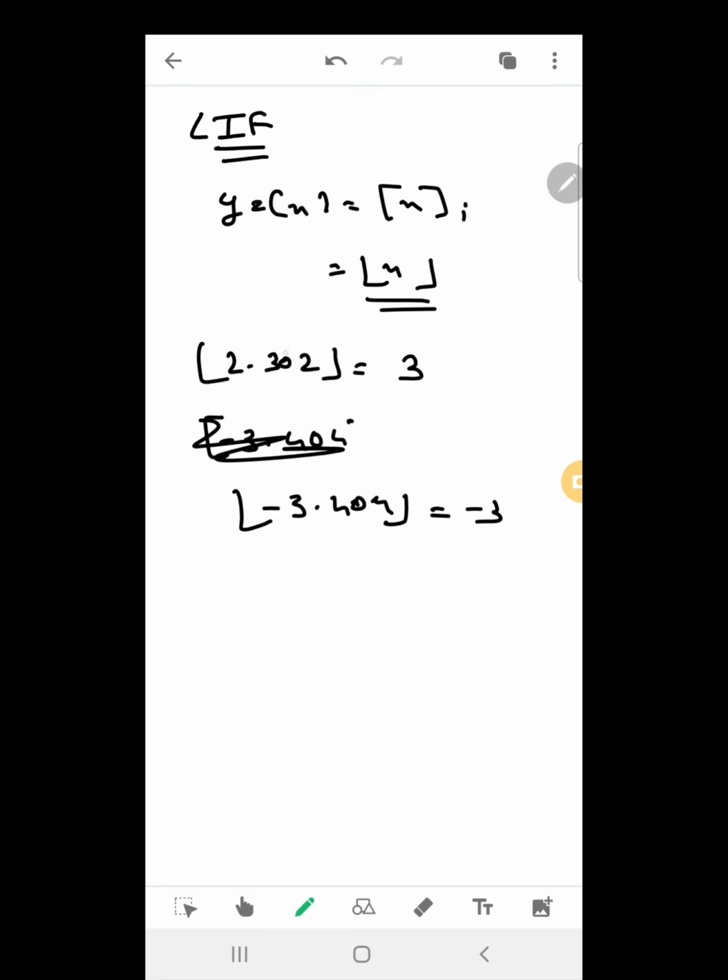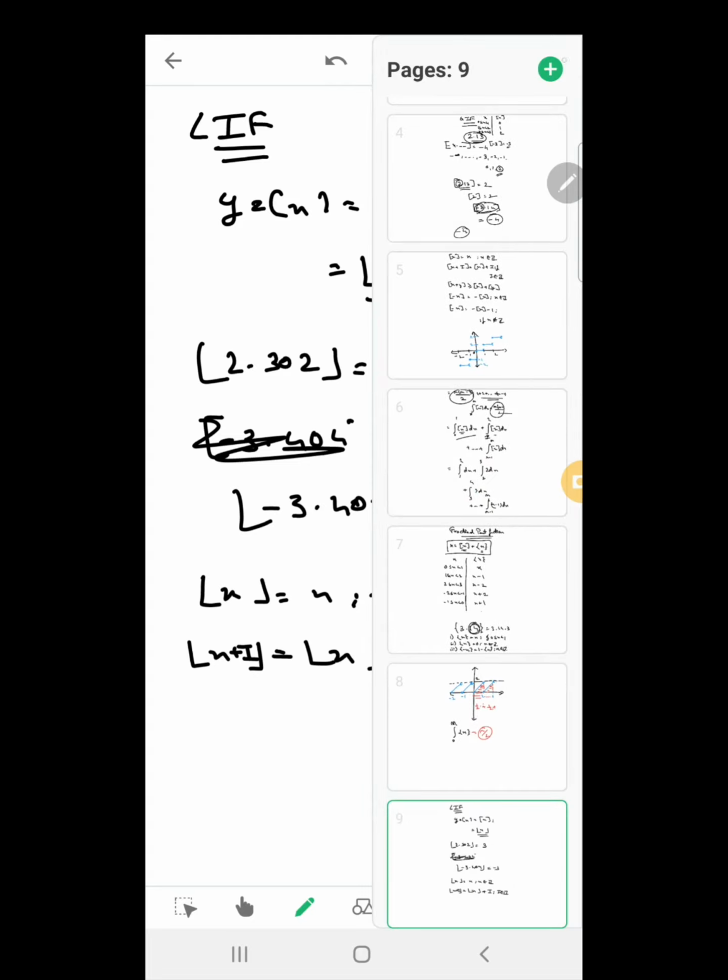In the floor function, what we used to do is find the greatest integer below the number; here we find the smallest integer above it. Clear? Some basic properties: the ceiling of x is equal to x when x belongs to integers, and the ceiling of x plus I is equal to the ceiling of x plus I when I belongs to the set of integers. These two are the only properties you need to understand. Graphical representation says all.